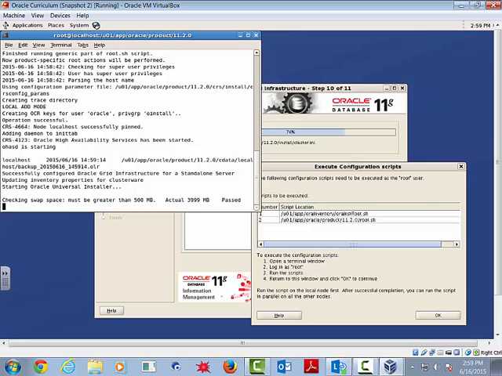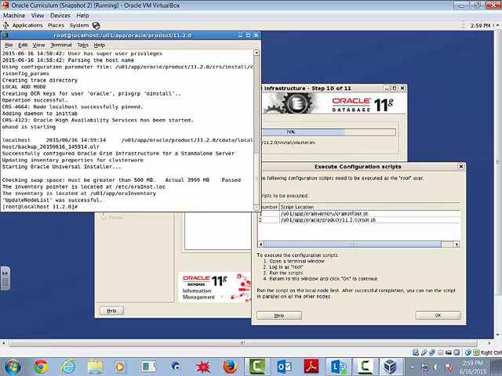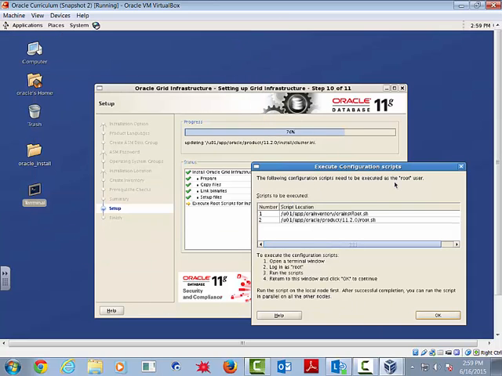It's going to check swap space and several other things to make sure we have enough room for everything. And then it says my updated node list was successful. Great. Now I don't need to be on the terminal window right now. I can minimize it. I can come to the Execute Configuration Scripts and click